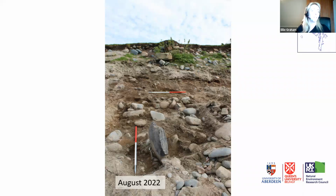But on a positive side, we did get a result there. We had this fantastic assemblage of prehistoric mid to late Iron Age pottery, as well as a couple of later pieces, including some Hanseatic stuff as well. So we know there's a lot going on there, and it's definitely worth keeping an eye on. It's just this one might have been an example of just being a little bit too late for exactly where we were looking, unfortunately. But just before I finish, I want to go to one mystery and one site that